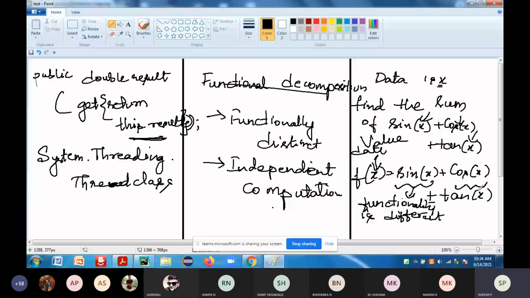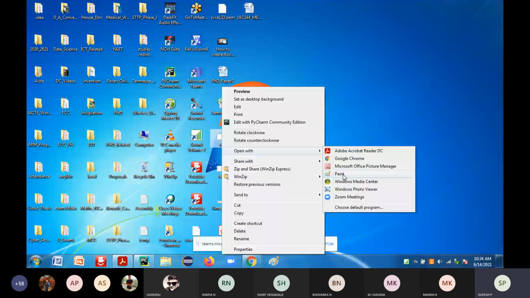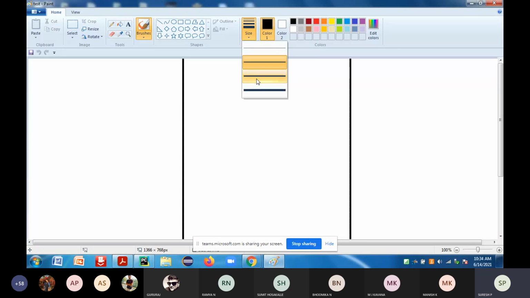Finally, once it has been calculated, when you want to find the result, you have to compose it. To calculate individually, you have to decompose it.